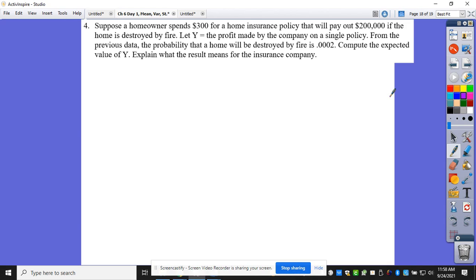I want to make sure I can talk about this. We're going to talk it as you write it. How many options are there? 2. What are they? Either it is destroyed by fire or it's not. Now, the one important thing about this problem is it changes your perspective here. So, if there is a fire,